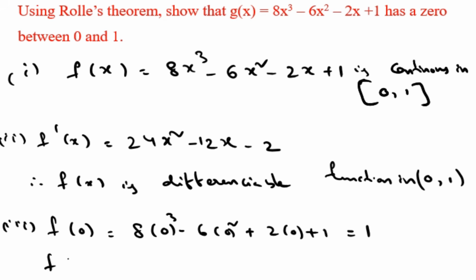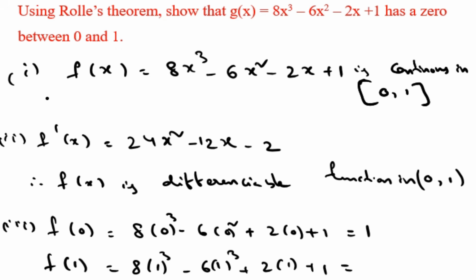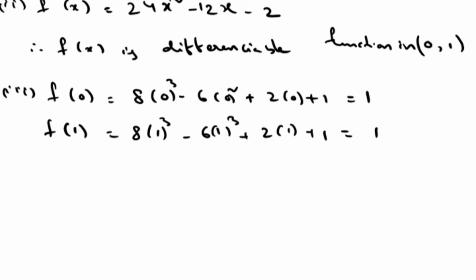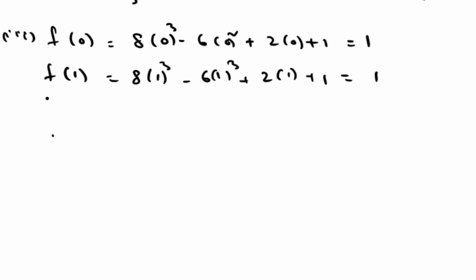Now substitute f of 1 equals 8 into 1 cube minus 6 into 1 square minus 2 into 1 plus 1. Here it is 8 minus 6 minus 2 plus 1, its value will be 1. Therefore, f of 0 is equal to f of 1. By Rolle's theorem,